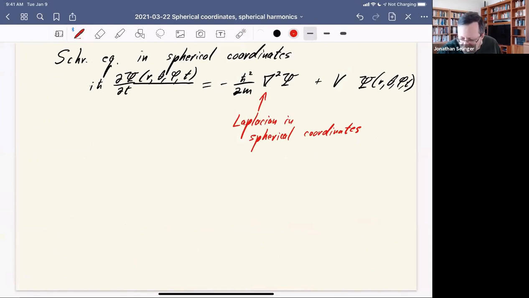The good news is that the potential energy, let's say, is just a function of r, and it doesn't depend on θ or φ or time. Okay, so now we want to solve this. So let's do this work first to separate out time from the other position variables. Okay, so if we do separation of variables,